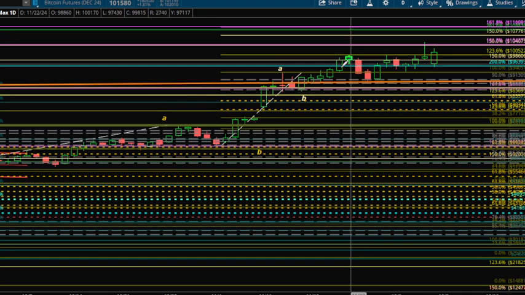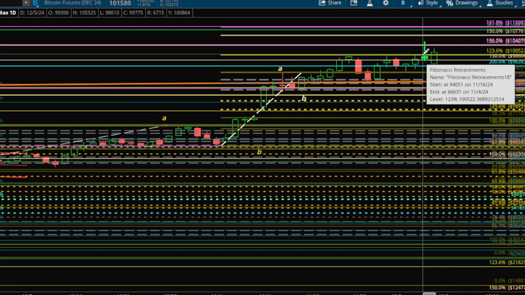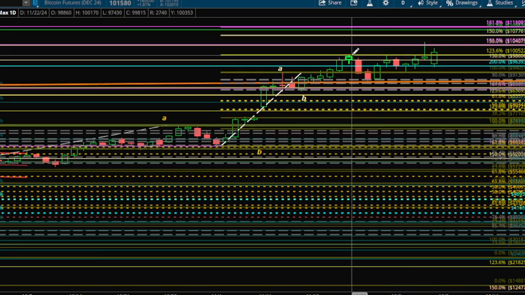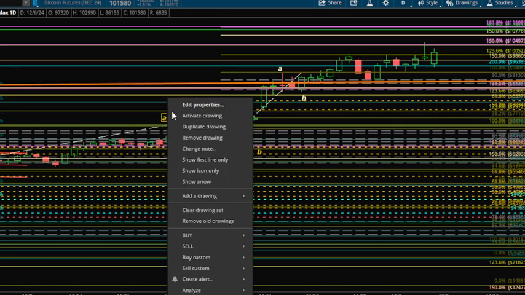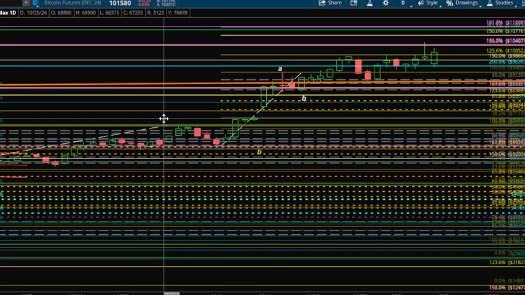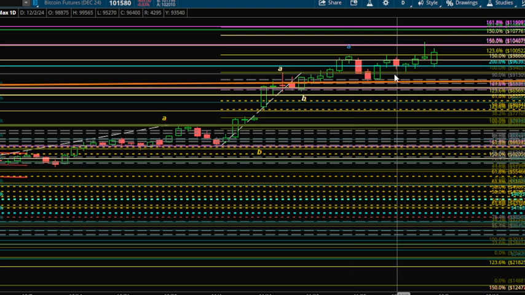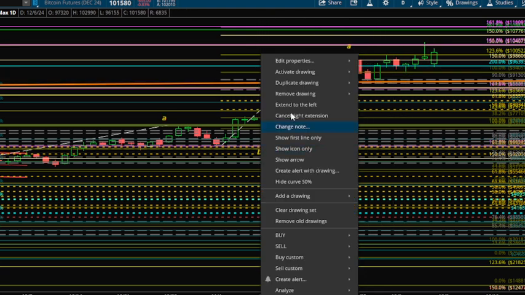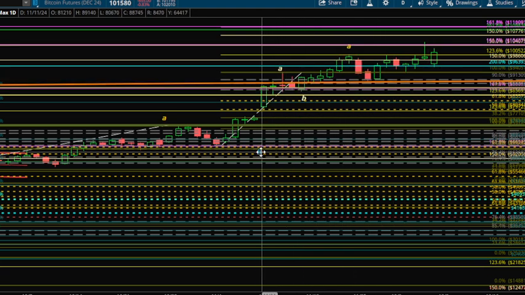So maybe this is a subdivision. So it hit it already. So A, B, C. Let's give this another go here. Looking like maybe this might be a B. Alright, so in that case,